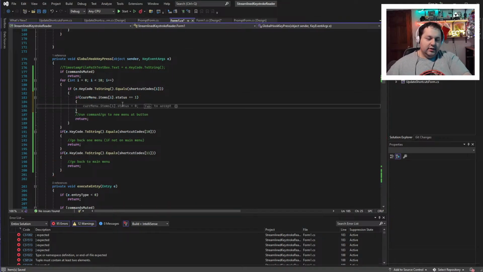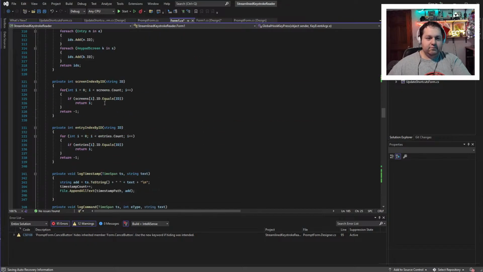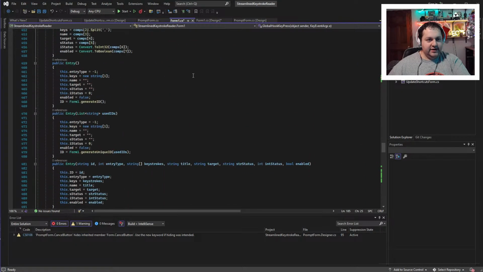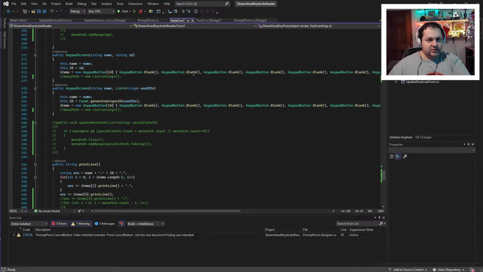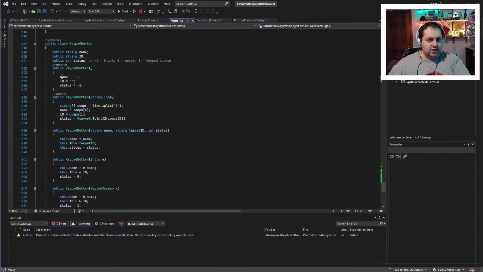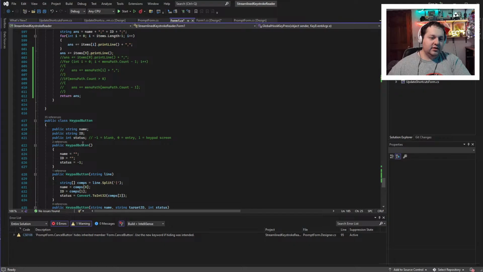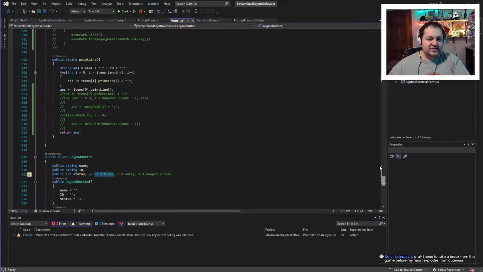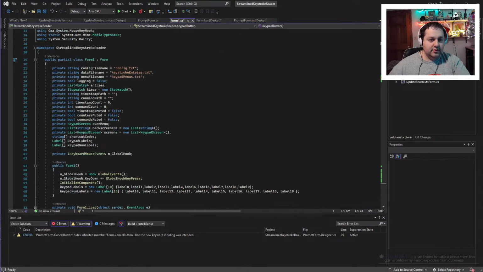So for each button, if we go all the way down to keypad button, basically the button can either be a keypad screen if it has the status of 1. It can be an entry if it has the status of 0, or it can be blank if it has